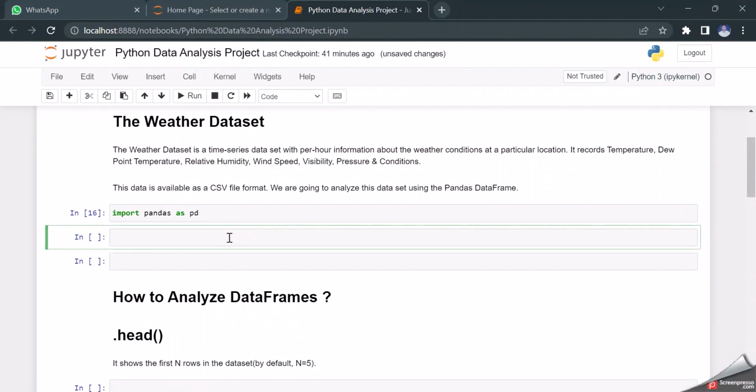Now we will import our dataset. For importing the dataset, we have to define a variable. Let's say data equal to, and after that we will import our dataset with the help of pd dot read underscore csv. Yes, this is the syntax for importing a CSV file. Then